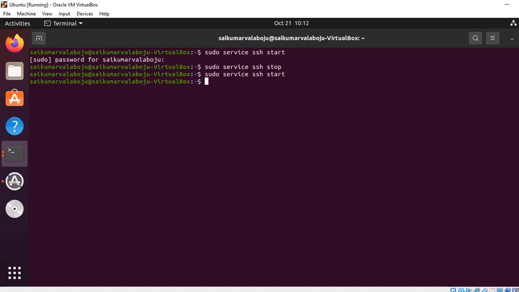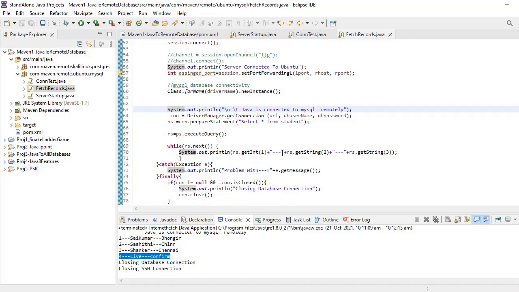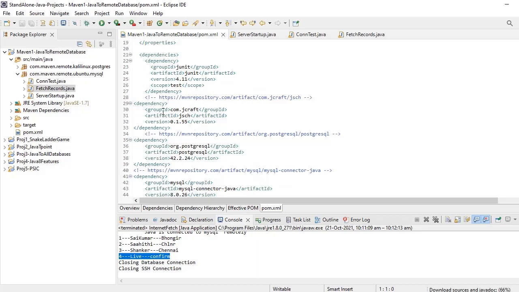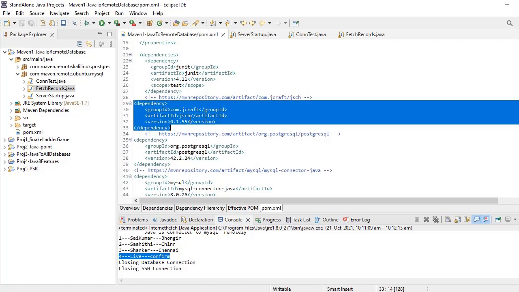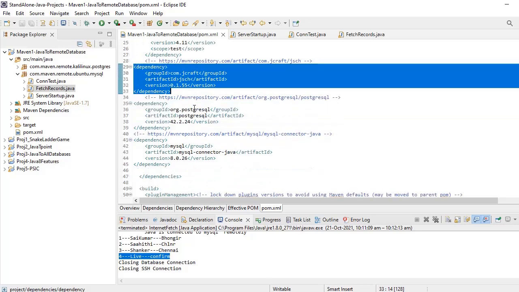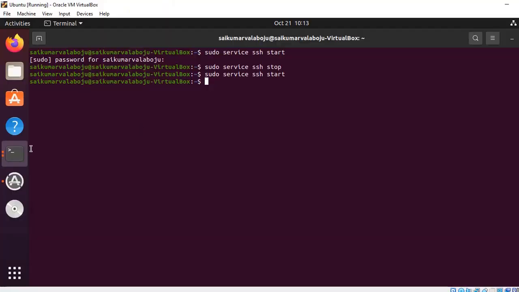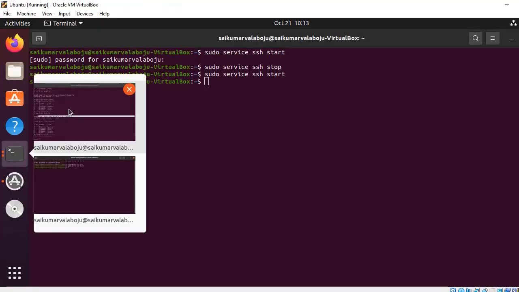This is how to connect to the remote database through an SSH connection using Java. Here I have used the Maven tool and taken jar files. I have explained about JSch, right? I took JSch from the MVN repository. Go to the MVN repository, search JSch, and you will get the information. Just copy and paste it here. Next, I am taking the MySQL version, that is 8.0.26.